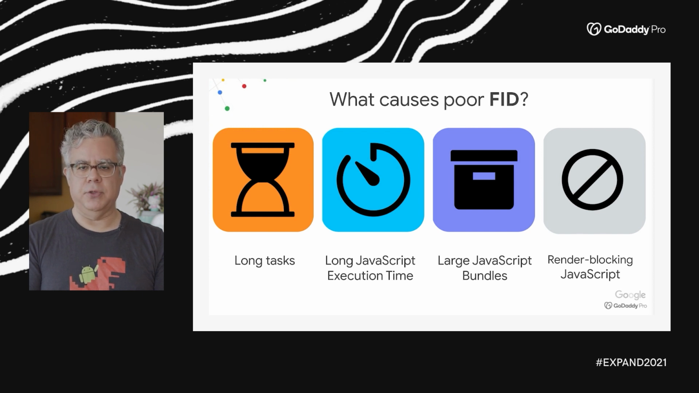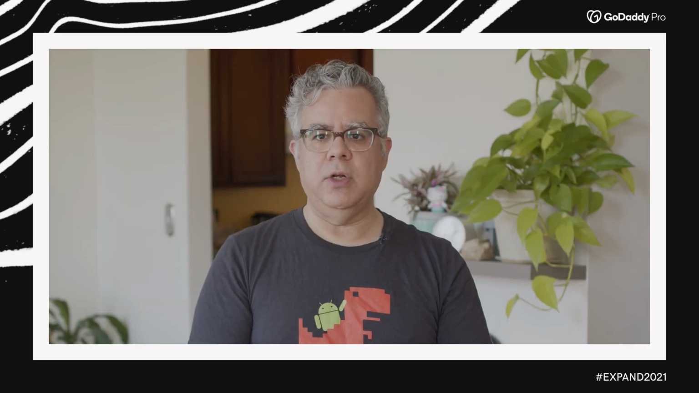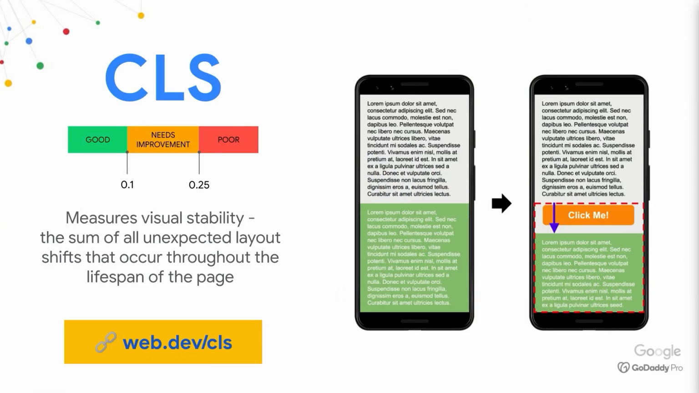large JavaScript bundles. This can cause a significant slowdown and input delay as, again, the entire page is blocked up while it's loading and compiling all that JavaScript. More importantly, render blocking JavaScript. CLS. Everyone's had the experience of loading a page where everything reformats under your fingers as you're trying to read